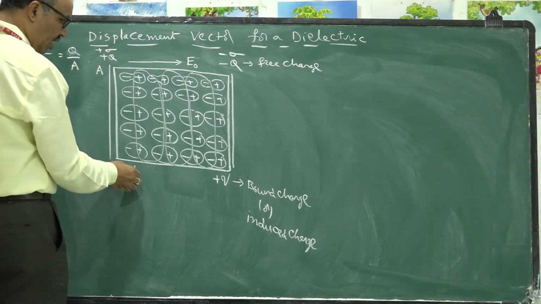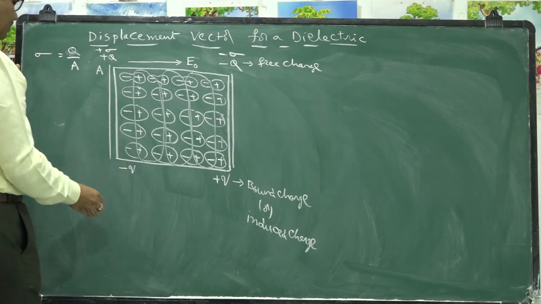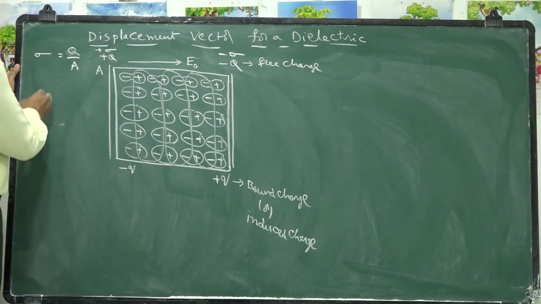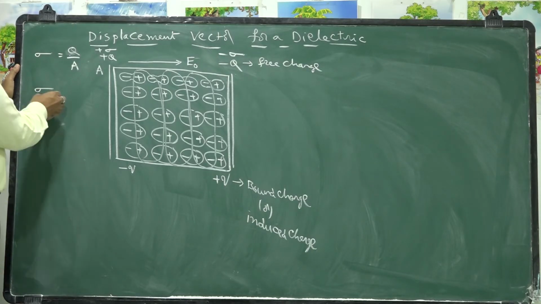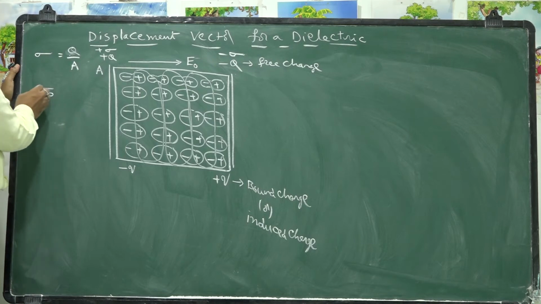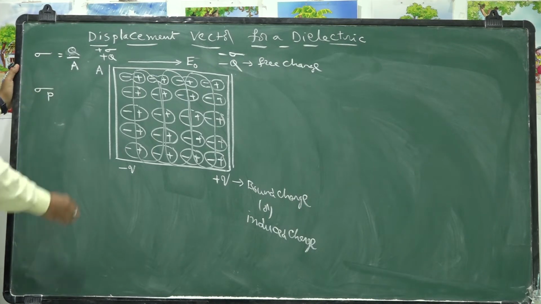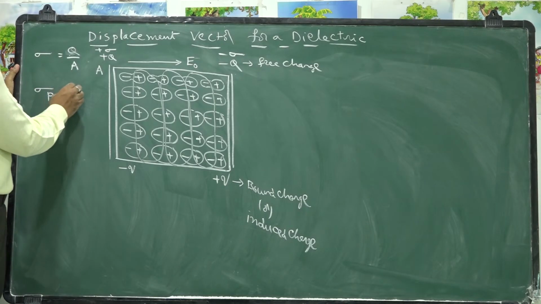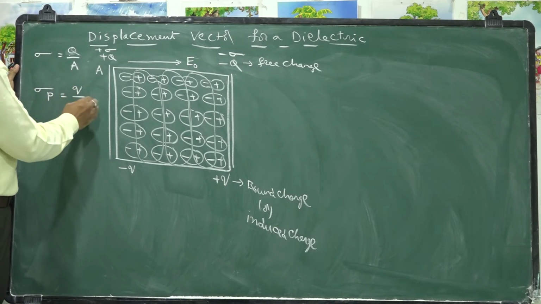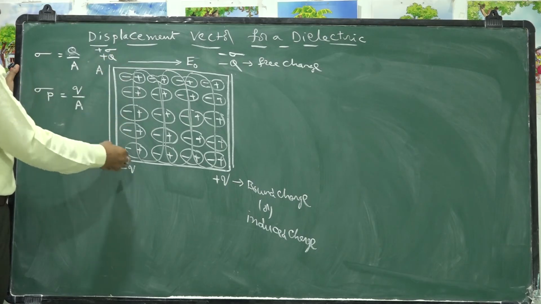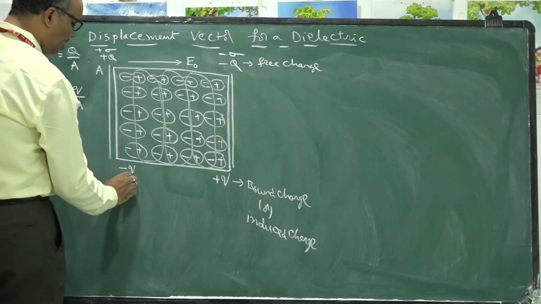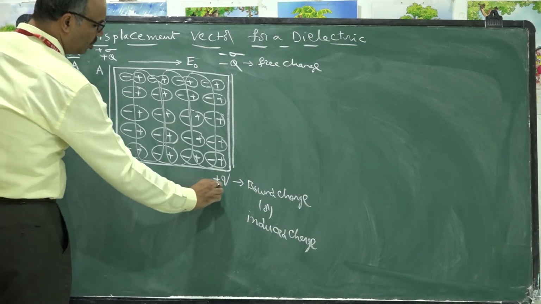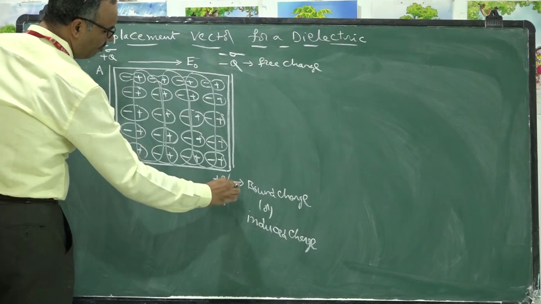Similarly, the induced charge or the bound charge developed is small q. So, the induced surface charge density, since it is happening due to the polarization, we are representing with sigma p. Sigma p is named as induced charge density. Induced charge density is given by small q by A. On the same area, we are getting negative charge here. Therefore, we will have negative charge density minus sigma p here, and positive charge density plus sigma p here.